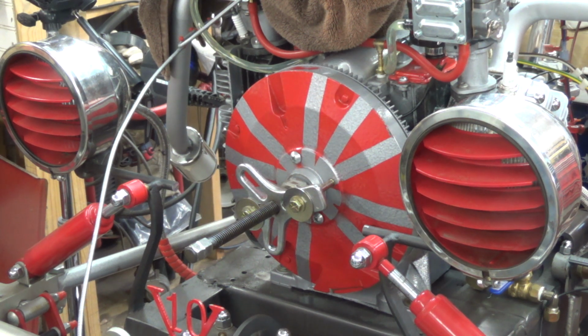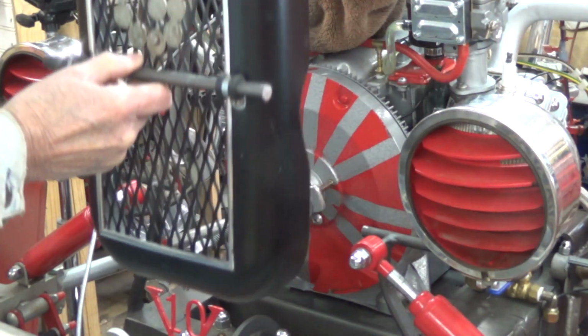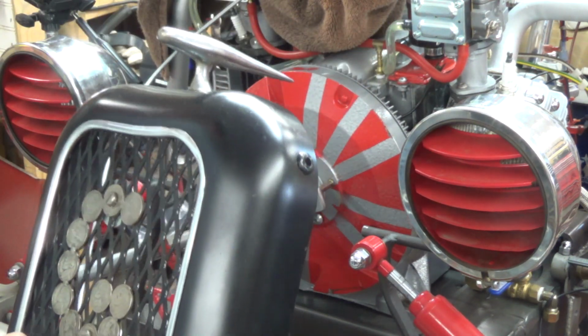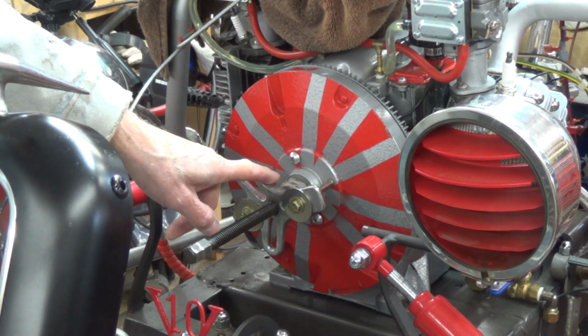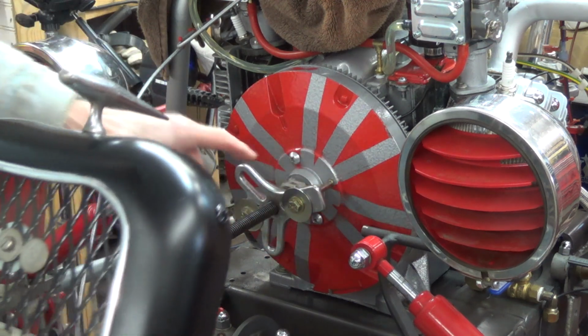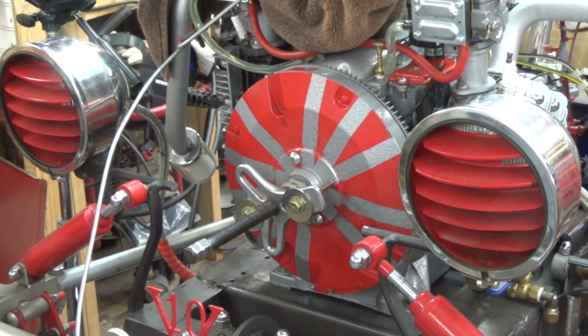I pulled the radiator shell off, and I got to show you something. Reach in front of you, sorry about that. I actually cut the bar that goes right across there, because otherwise, even taking the radiator shell off would not give me access to the front of my flywheel bolt, because it's lined up perfectly with the height of this crossbar. So we're going to have to make a modification to this, but that's to facilitate us getting in there and getting it done. So I've jumped ahead of you already, and I've got my